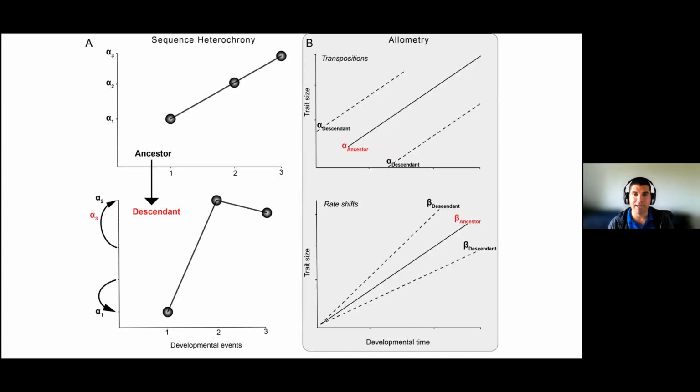And so in panel B, we're showing some of the hypothetical scenarios for how that could happen. We have in red, alpha ancestor, showing the relationship between trait size and developmental time. And then we see shifts in the initial parameters in descendants. And then we also see shifts in the slopes. So the rates can change. So we're showing here positive allometry and negative allometry. So reductions in trait size, of course, should be produced by the slowdown of growth rates of